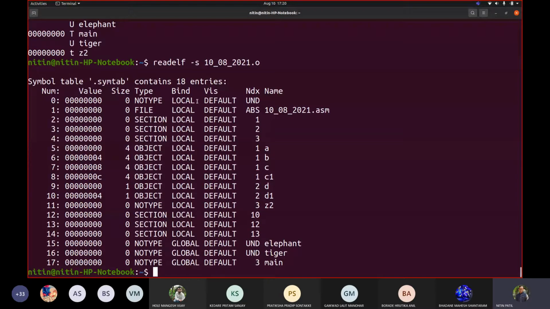Now, if at all I have to create my own symbol table, then how exactly am I going to create this? So I need to think of a proper data structure. I can see that there definitely would be involvement of some number of columns. So what do you think? If I assume that you are working for a month or so with assembler, you must have understood now what information goes whenever you declare a label in data section. I'm referring to it as label right now, though it is a variable for you. What columns do you think?